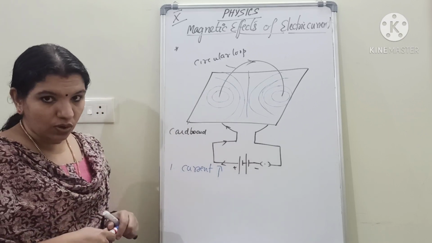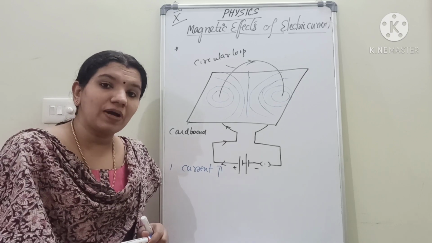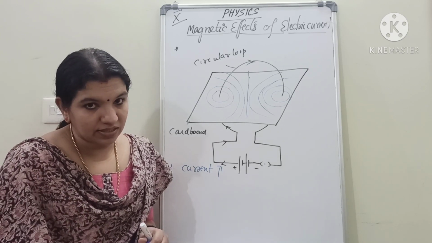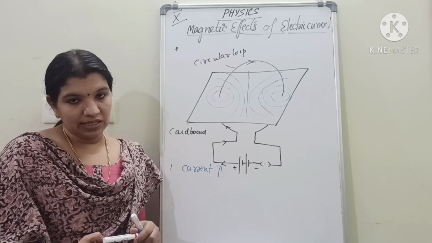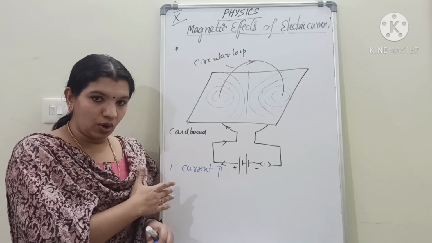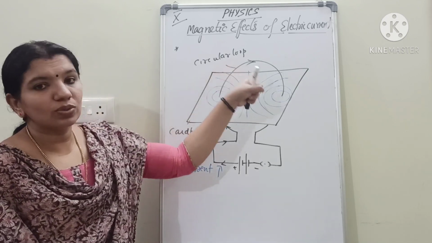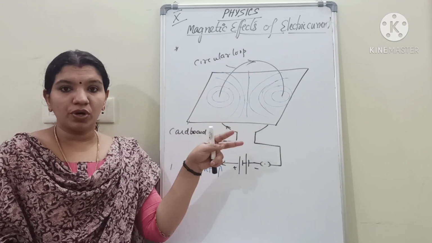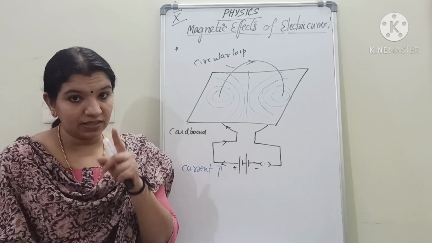In the last case also, in the case of a straight current carrying conductor, when the amount of current is increased, what will happen? Its magnetic field will also get increased. Isn't it? The strength or the intensity of magnetic field also gets increased. Similar is the case here also. When I am increasing the current, more current will be flowing through the circular loop. As a result, more magnetic field lines will be produced, which indicates that the strength of magnetic field is increased. That is the first case.